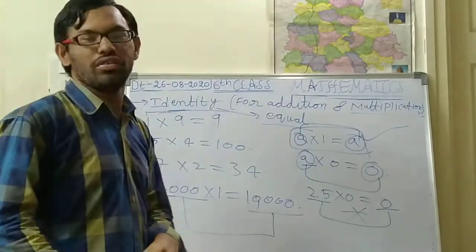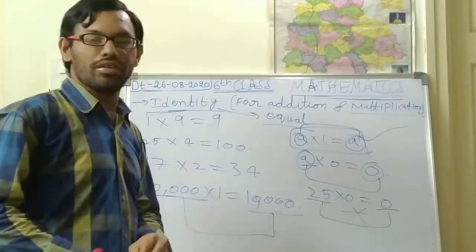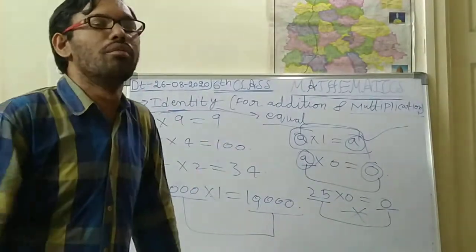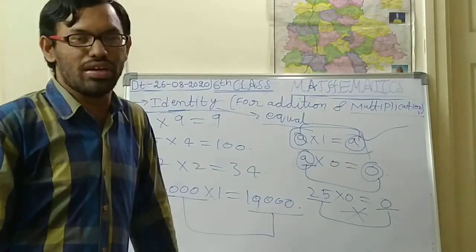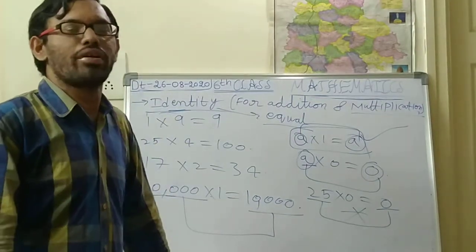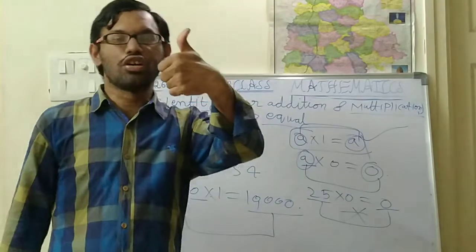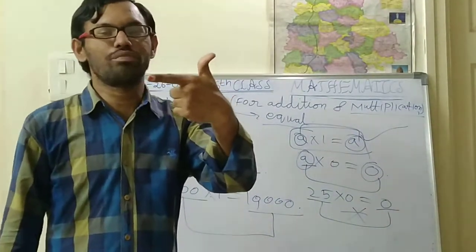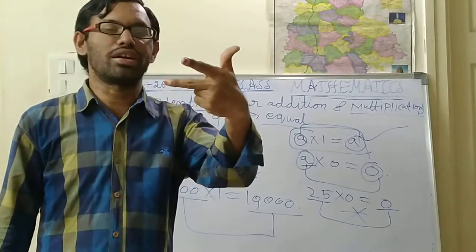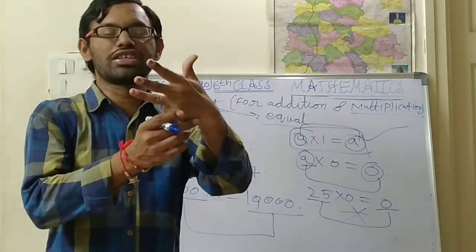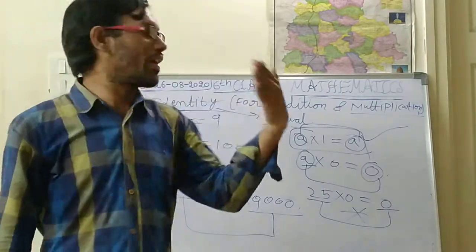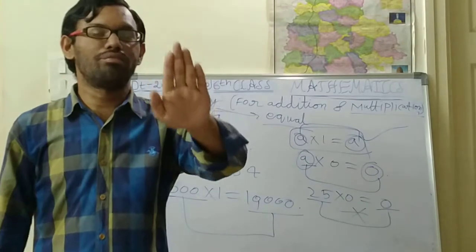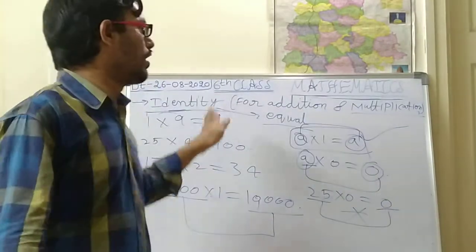Like that you have to write this identity property. So these are all called the properties of whole numbers. From the first onwards, how many properties have we seen? The first one is closure property under four arithmetic operations. Second is commutative property. Next, associative property. Next, distributive property. Next, identity property under addition and multiplication. So five properties we have seen in the whole numbers.